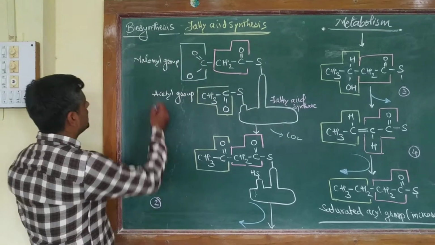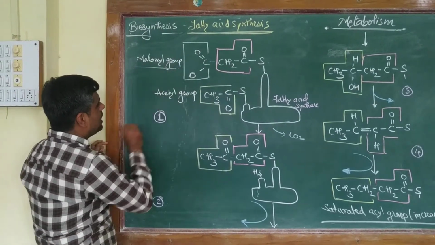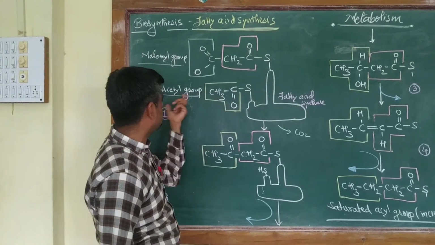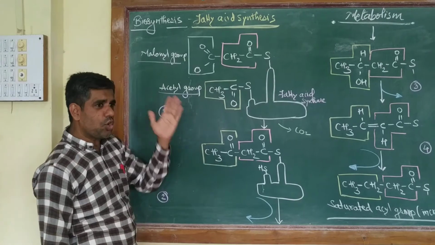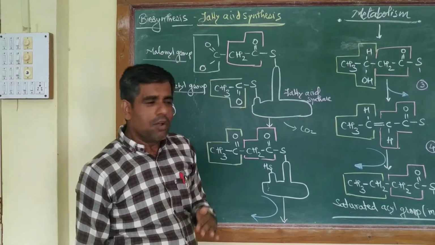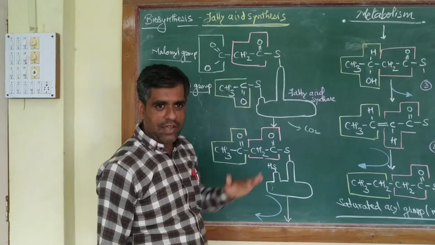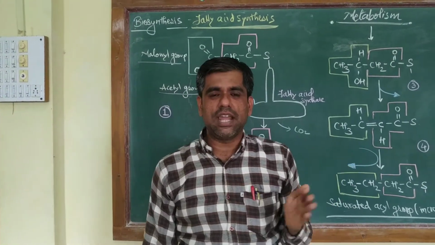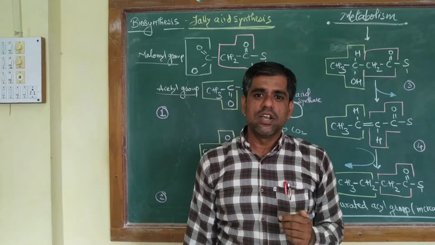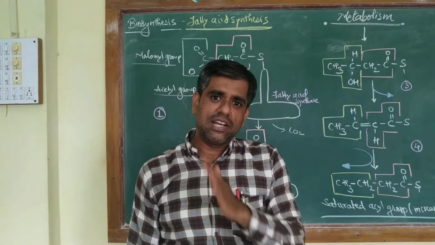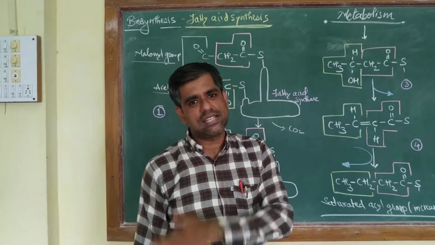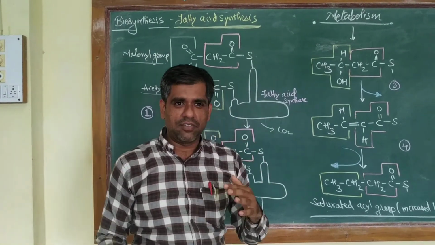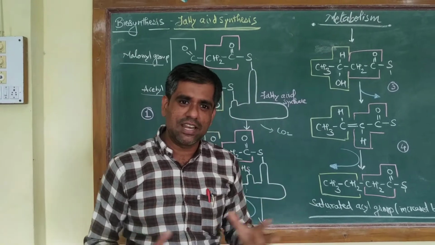So here you can see there is a transfer of a malonyl group and an acetyl group, right? The 2 carbons come from the acetyl group in the form of acetyl CoA, whereas all other carbon atoms come from the malonyl group. I have skipped that first step, but we all should remember that all other carbon atoms enter into fatty acid synthesis via malonyl CoA. So acetyl CoA carboxylase converts acetyl CoA into malonyl CoA by addition of CO2, right? We will have a detailed discussion of why and how this is done in some other videos.